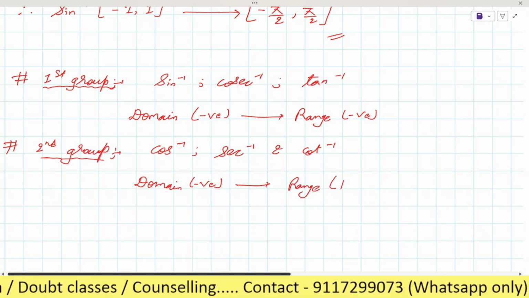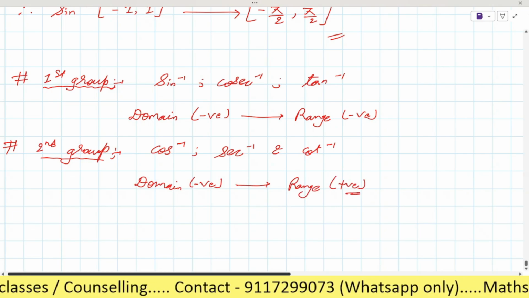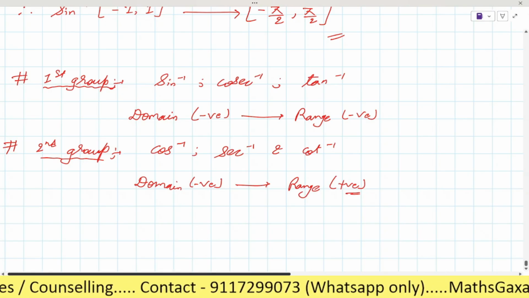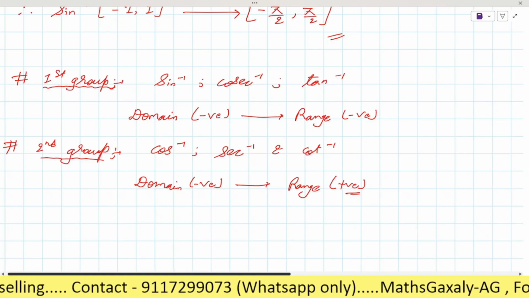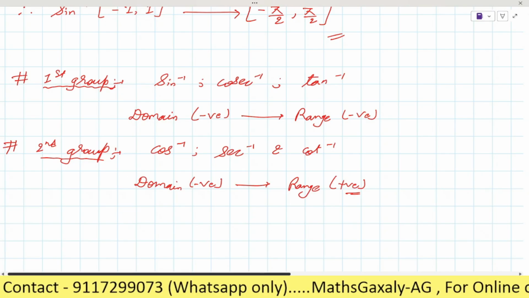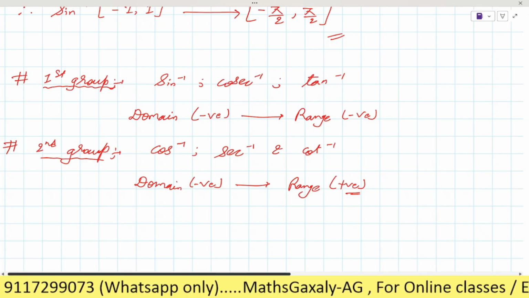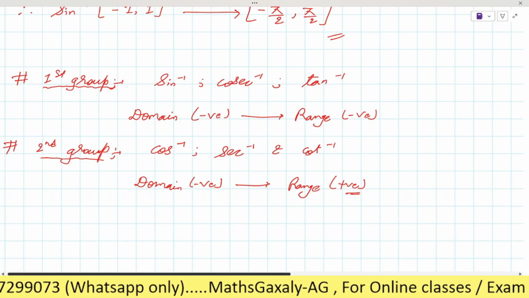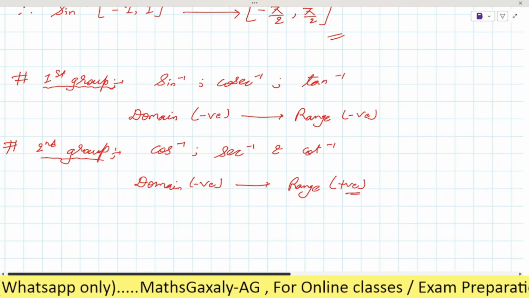So this is the trick by which you can easily remember whose domain will be negative and what will be their range. In both cases you can see the domain will be negative, but in one of them the range is negative and in another one the range is positive. So you can easily remember its sign and its